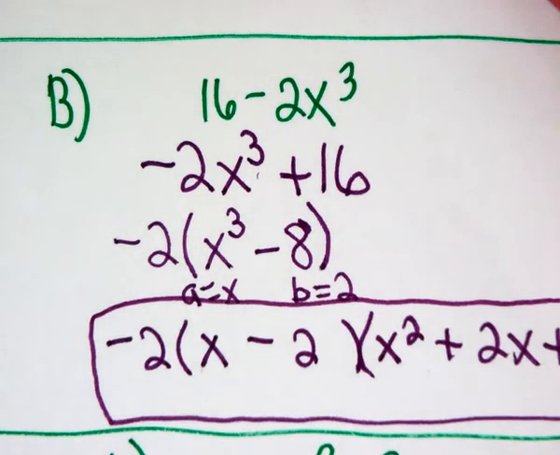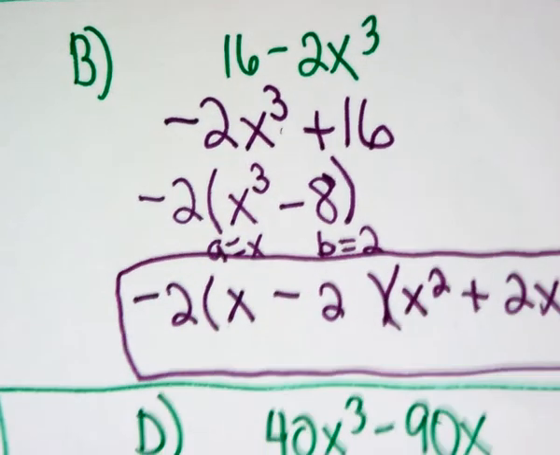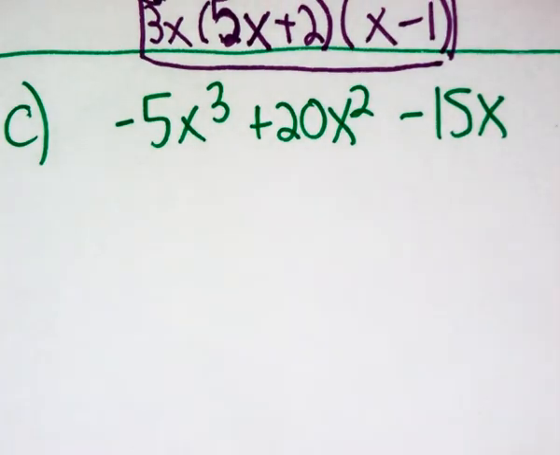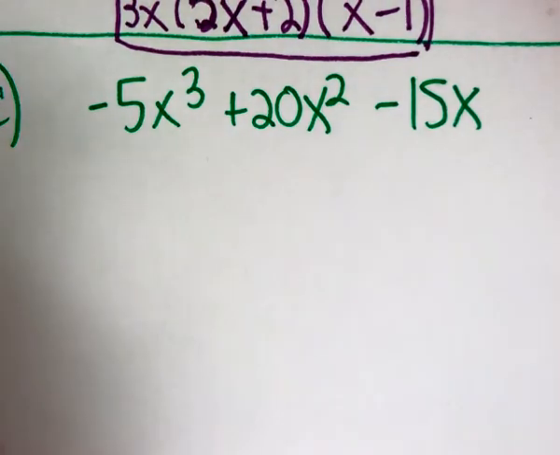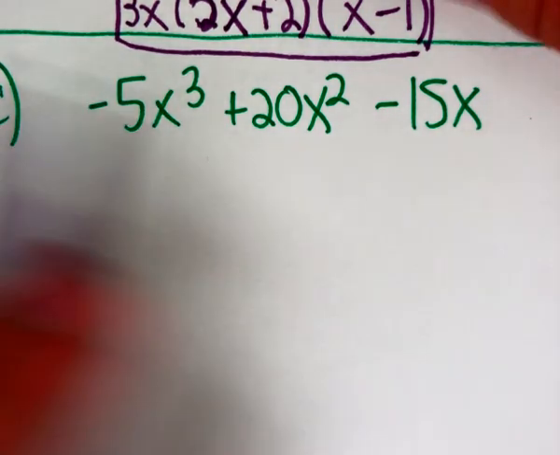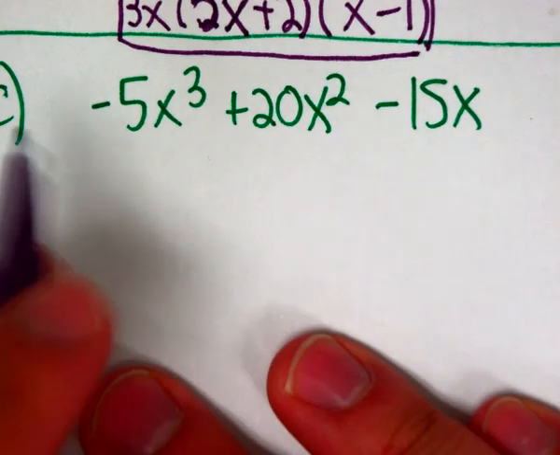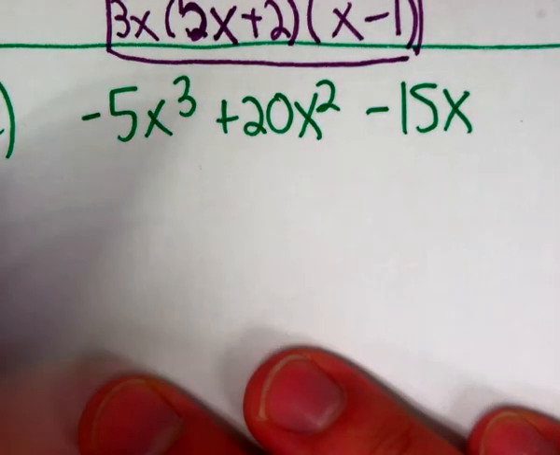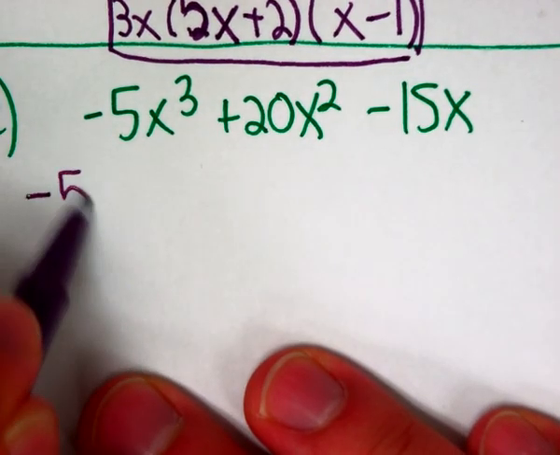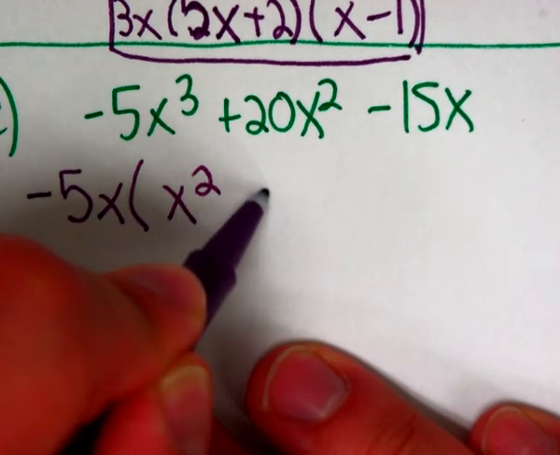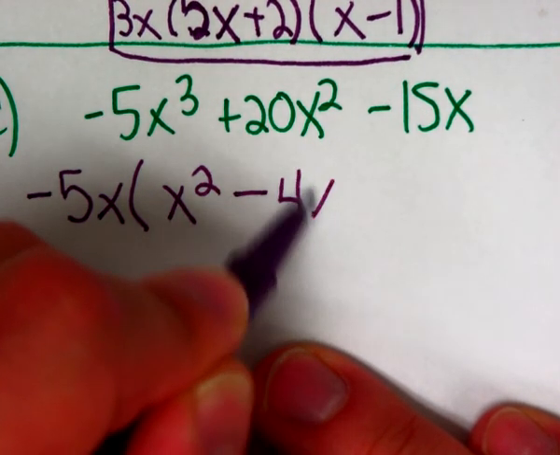Okay, let's go ahead and try letter C. Same thing, pause it, try it, and then check your answers. The values 5, 20, and negative 15 have a common value of 5. And since the leading coefficient is negative, we're going to take out a negative. And they all have an x in them. So we take out the 5x, and we're going to be left with x squared minus 4x plus